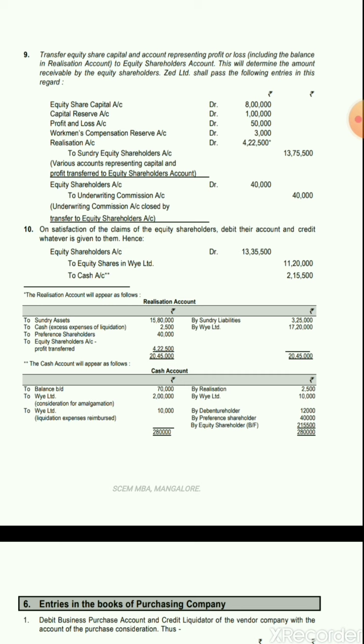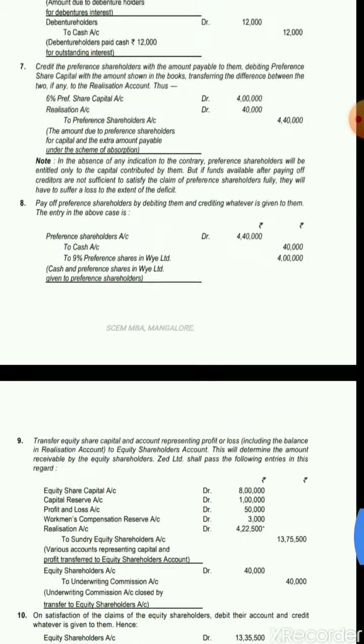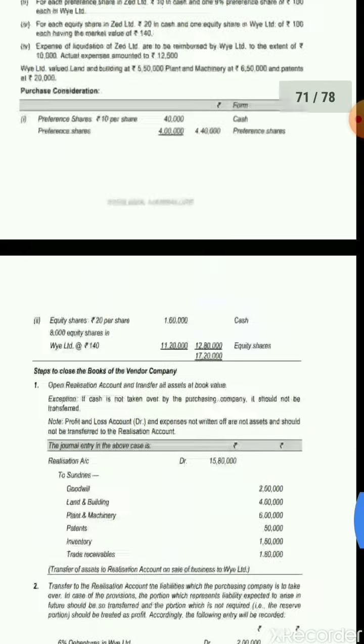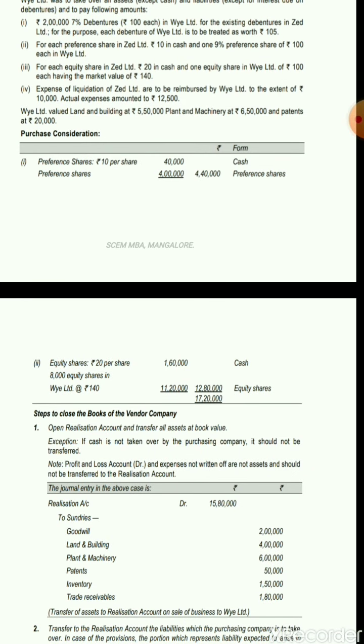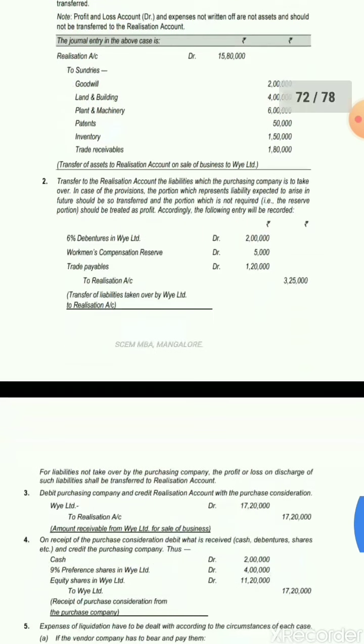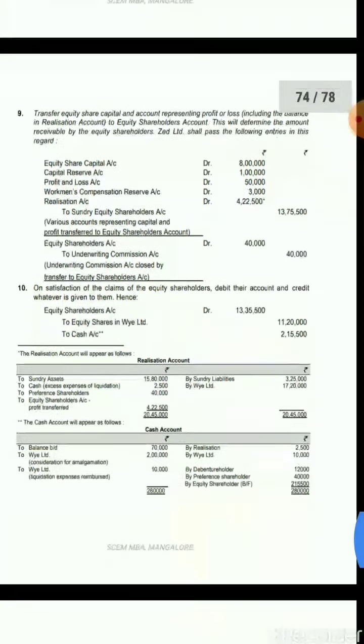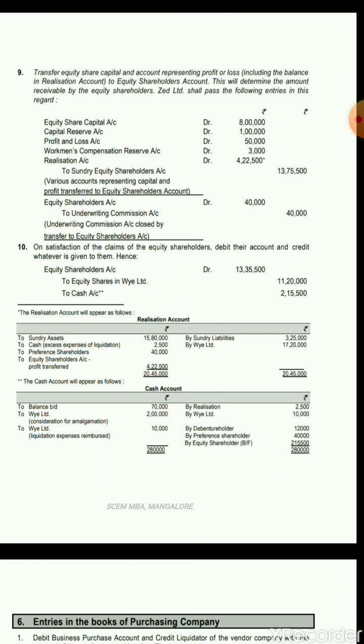So what is the equity shares in Y Limited? We know the fact that when we look at the purchase consideration, 11,20,000 has been paid in the form of equity shares and the remaining should be paid in cash. Remaining is 2,15,500. You see the purchase consideration here, the total amount of equity shares which are issued is 11,20,000. Don't consider the cash payment. Actually, it is 1,60,000, but at the end you may get a difference. So you have to take the difference of it. That is 13,35,500 minus 11,20,000. So the difference is 2,15,500, which is to be paid in cash.